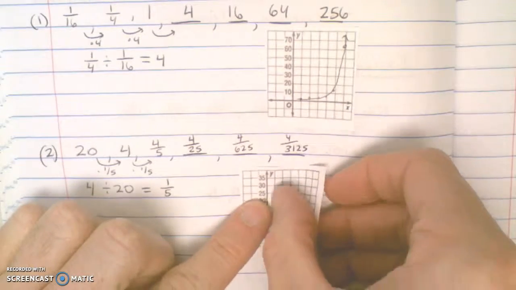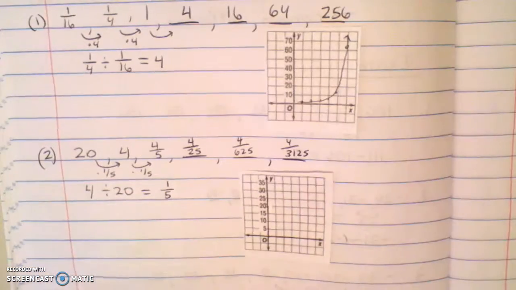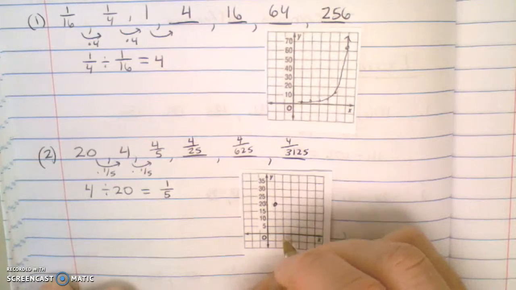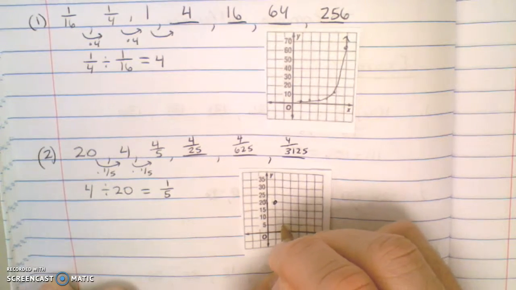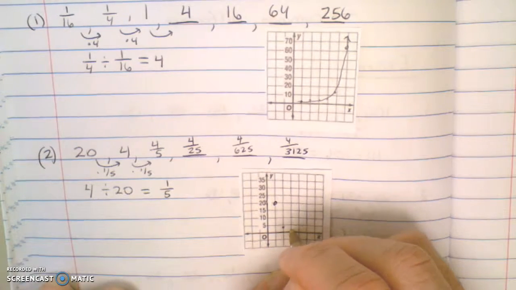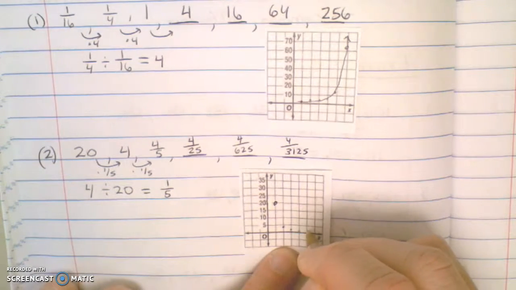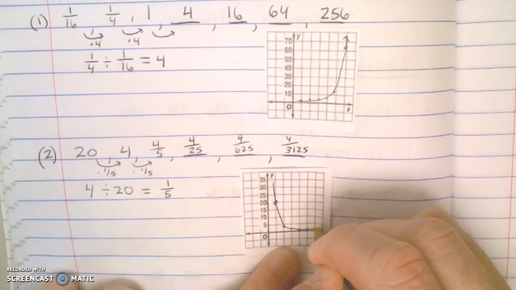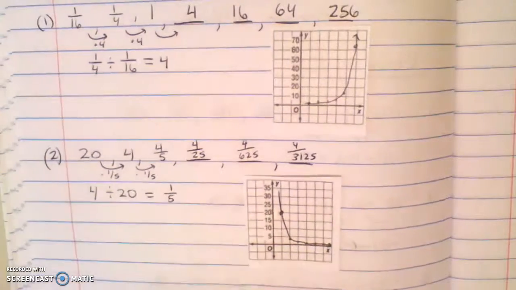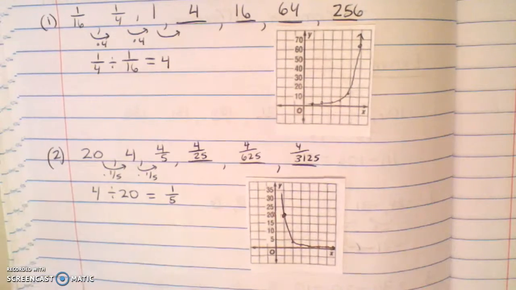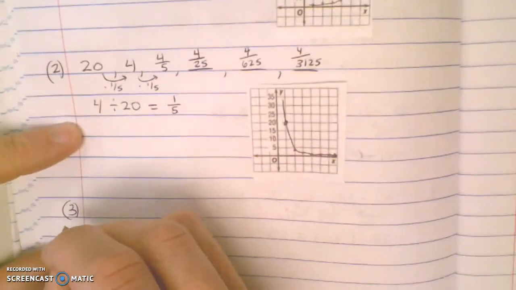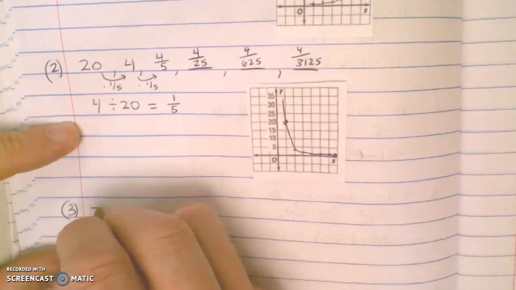All right, so let's graph those points. We've got (1, 20), (2, 4), and then these numbers are all really close to the line, so we can't really even estimate, but what we're seeing here, this is exponential decay. That's our decay graph. All right. For the last example, I'm going to have you try it on your own. I want you to complete the list and see if you can figure out